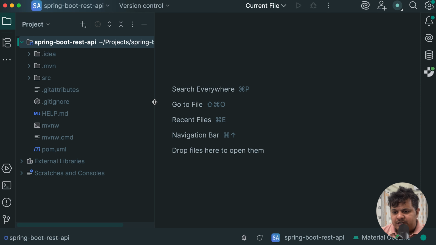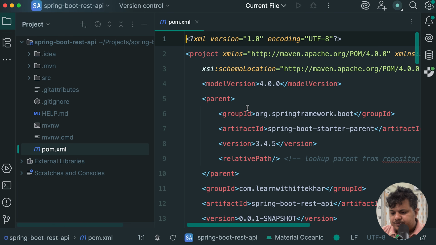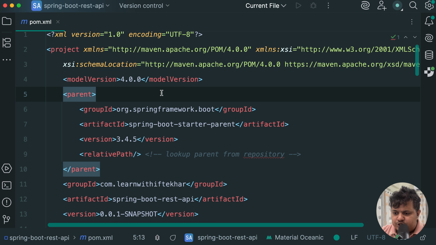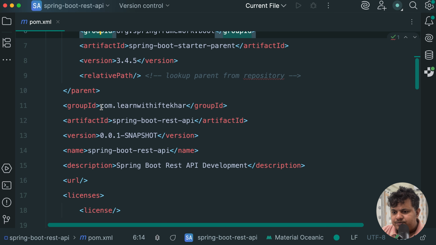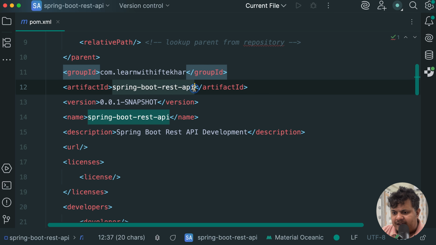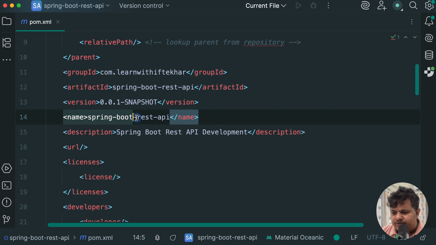Now, our project is opened. Here, you can see in the left sidebar the files and folders of our Spring Boot project. Let me give you a short summary of the project files and folders. The first file I'm going to show you is pom.xml. This POM stands for Project Object Model. This holds necessary information about our Spring Boot project. Here you can see at the top we have this group ID that we defined earlier while creating the project. Here we also have this artifact ID, then the name of our project,